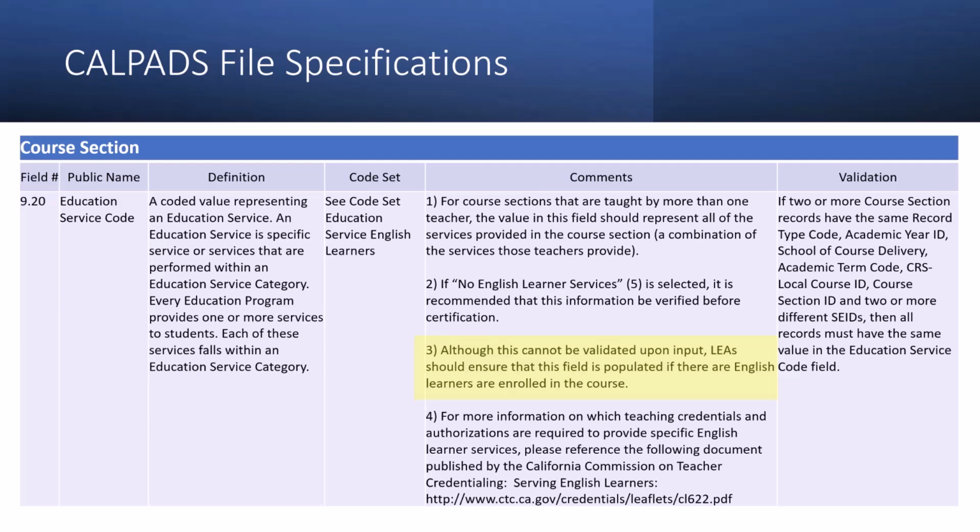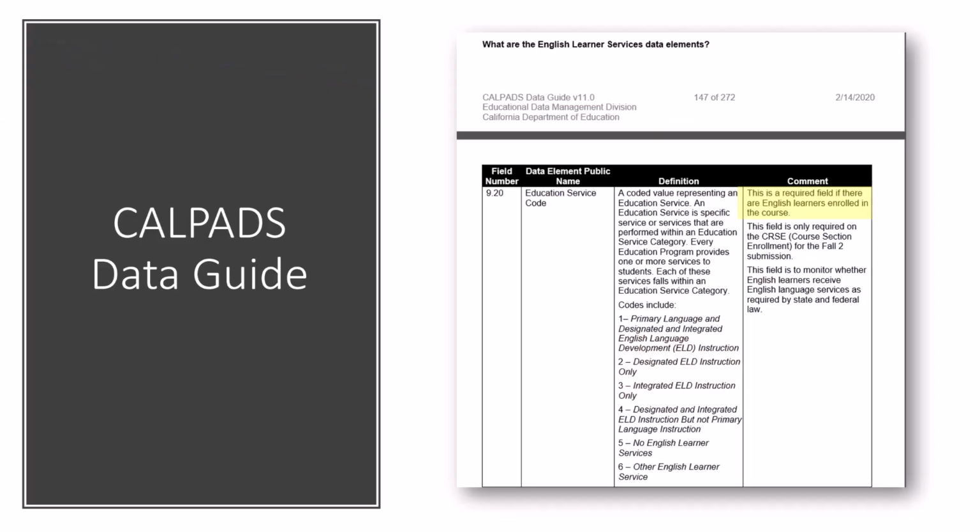It is after input, so you've already submitted your course record, probably with no errors. You submitted your student course section enrollment, probably with no errors. And now when we're looking at the data to see if it's reasonable, we identified a discrepancy. There's always further information about the why.